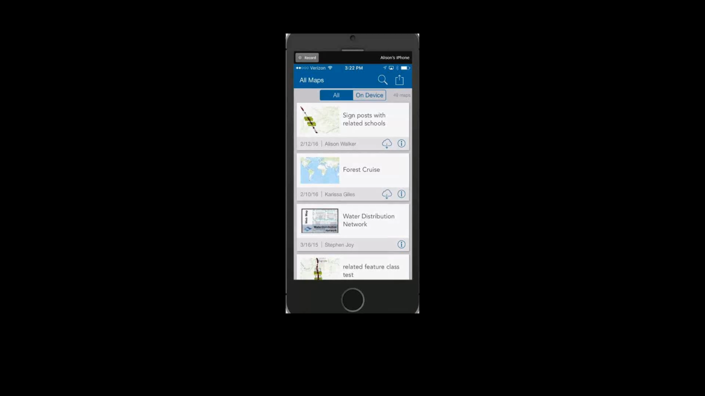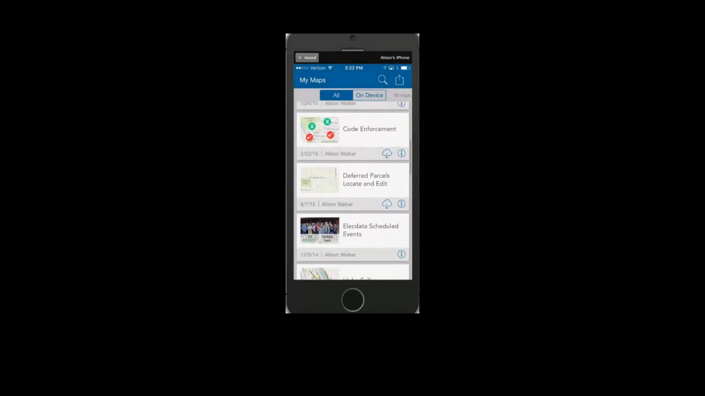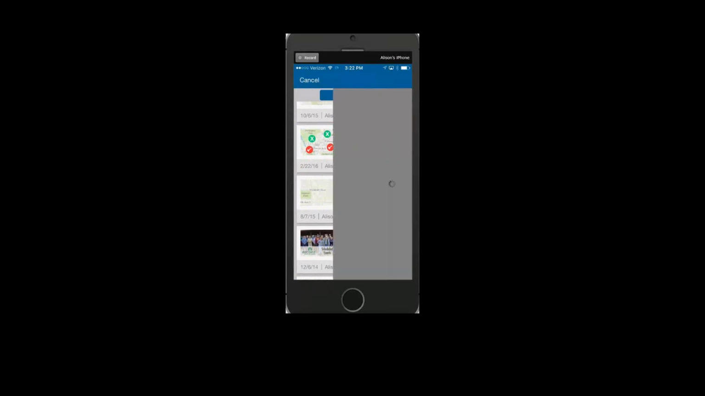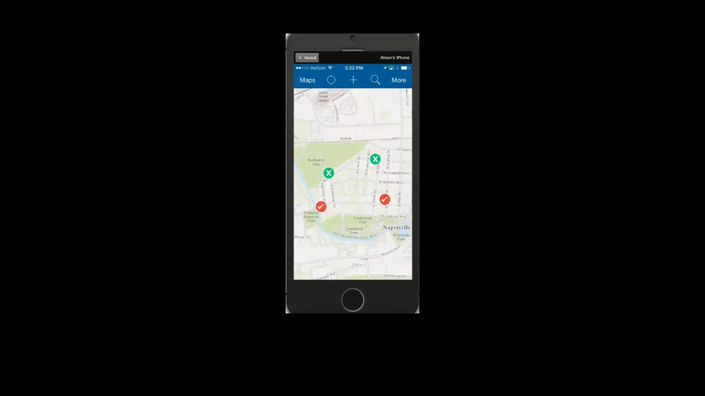So here I am in the Collector app. I'm going to switch it over to My Maps to shorten the list a little bit. And if I scroll down here, then I can find my code enforcement application, and I'll open that up. And you can see all the different code violations on the map here. And when I'm out in the field on my cell phone or on my tablet, or even a Windows 10 tablet now will work as well,